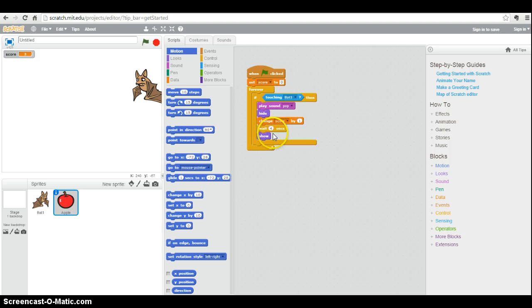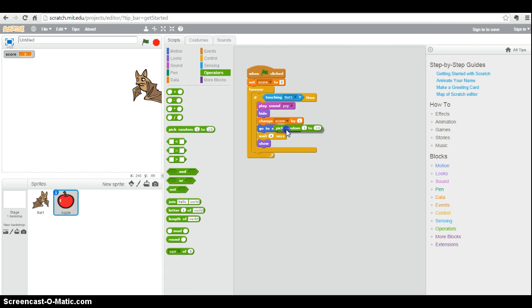How about while it's hiding, let's have it go somewhere. So I'm going to say go where? Well, let's have him, after he hides, after he's changed the score, go to some place. But we want someplace random. So we're going to go to operators, and we're going to pick a random number from -200